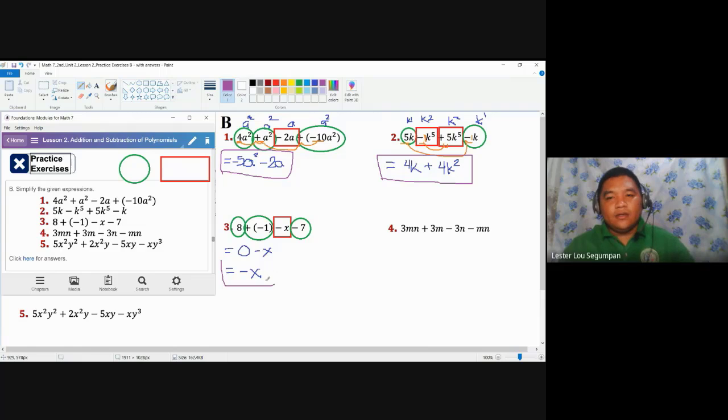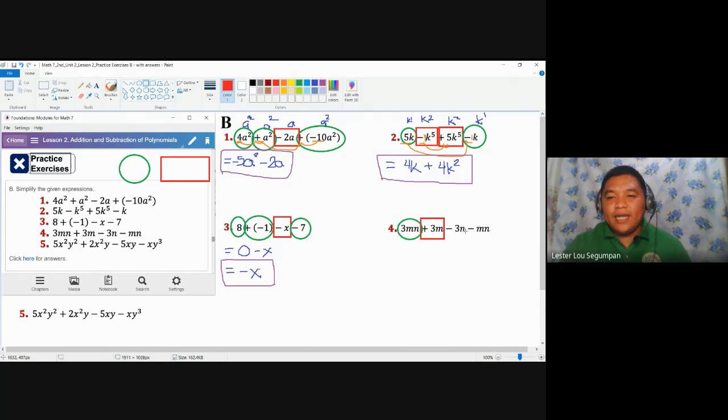Okay. Number 4. In number 4, we started with mn. Again, they should go together. M and n: a term with coefficients mn is not the same with only m or only n. They should go together. So if we're going to use this one, since this has m, let's use a red rectangle here. Again, you may or may not do this, but for reference, I am doing this now.